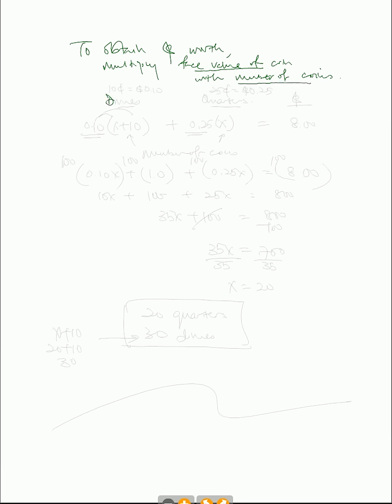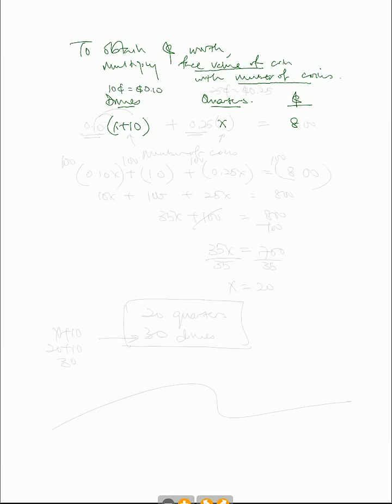So if you recall our story, we had 2 types of coins. There's dimes and there's quarters. Okay, quarters, there's x of them, and dimes, I have x plus 10. But the thing is, for me to get money out of this, okay, I need to get the money worth, which is $8. I need to multiply it by the worth of the coin. So besides using the number of coins, I also have to remember that dimes is 10 cents, which is equivalent to